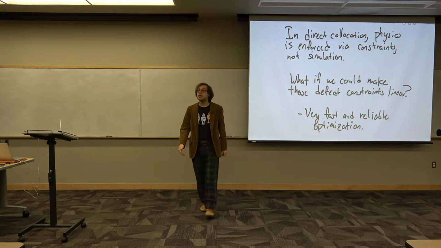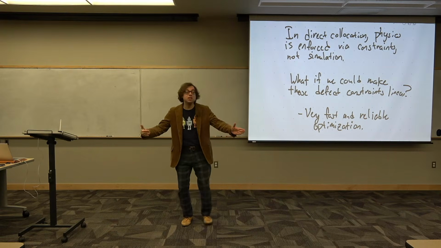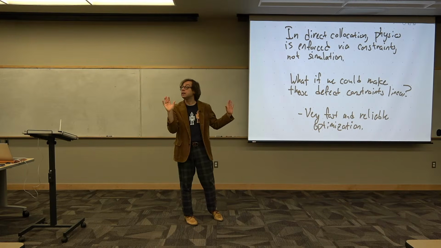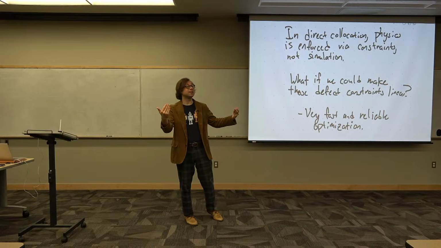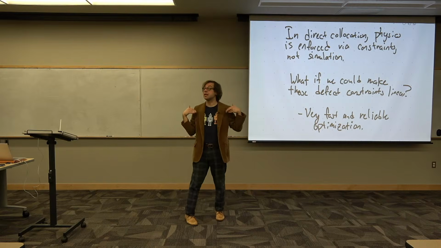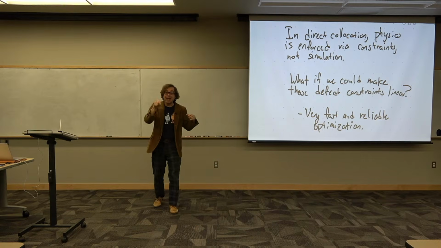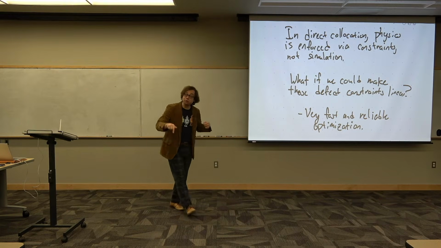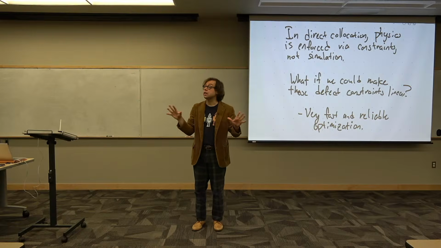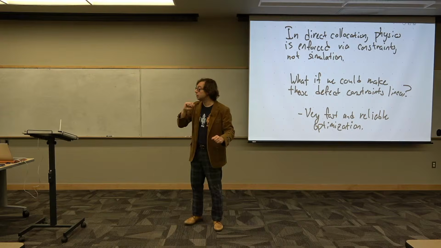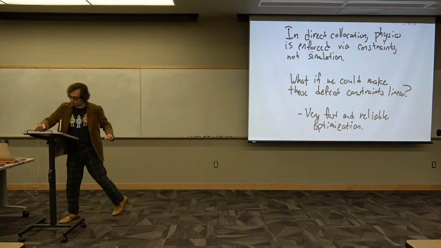So he made the trajectory optimization not just a feed-forward controller, an open-loop controller where there's no feedback. He turned it into a feedback controller. He measured the system state and would constantly replan. And that's what you can do with trajectory optimization if you make the constraints linear. The optimization is so fast you can do it in a loop over and over again. That is the essence